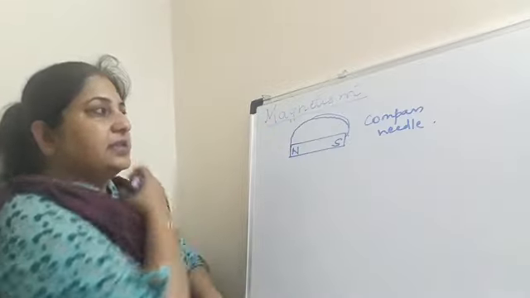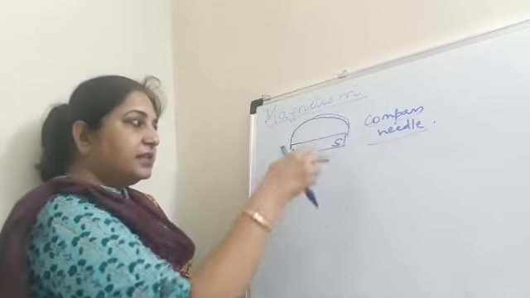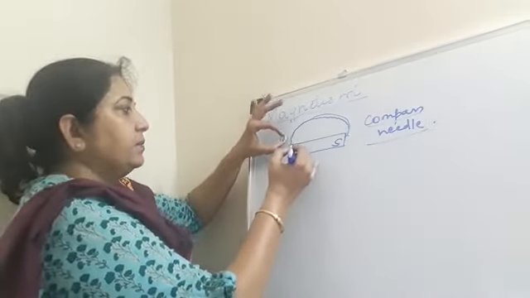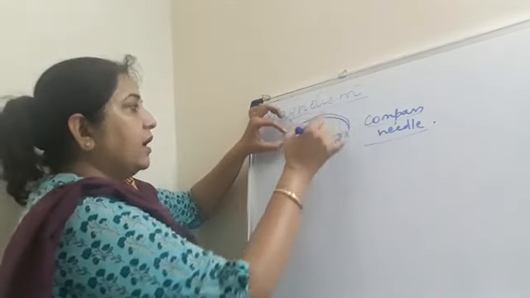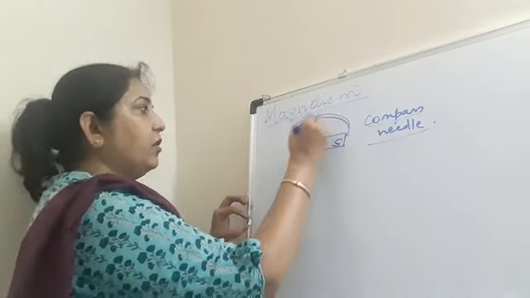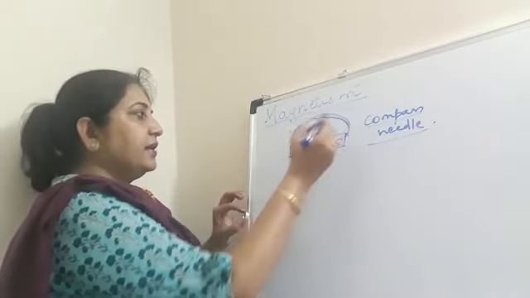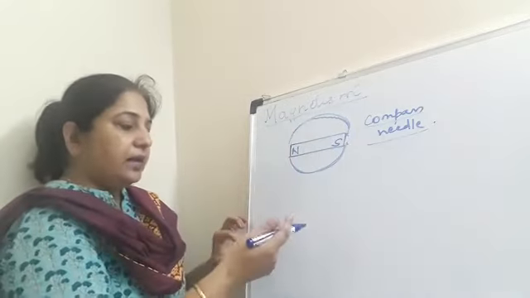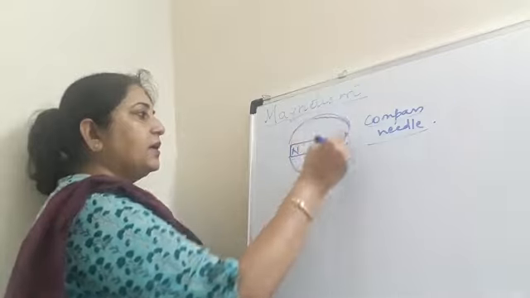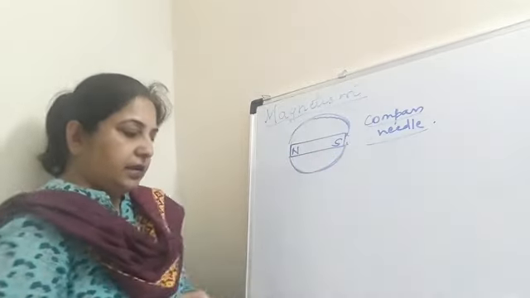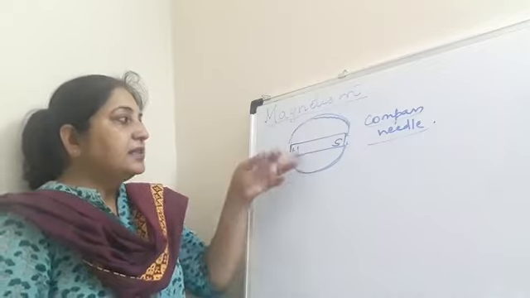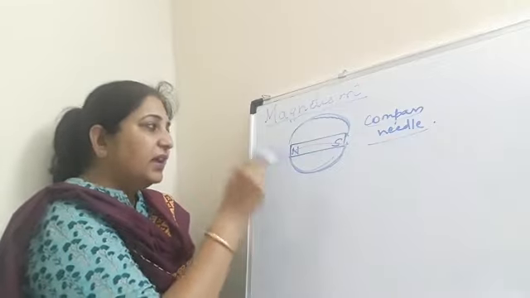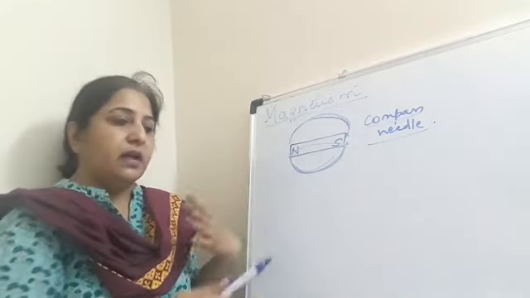So we can say that a compass needle gets deflected when brought near the magnet, and if you plot the points around the magnet, you will find that it will form a pattern, right? And this pattern can be made here also, because magnetic field lines are all around the magnet, and therefore we can say that they form a continuous loop. Outside the magnet they move from north to south, and inside the magnet they move from south to the north. So this is the magnetic field or the magnetic lines of force, which are also called the field lines.